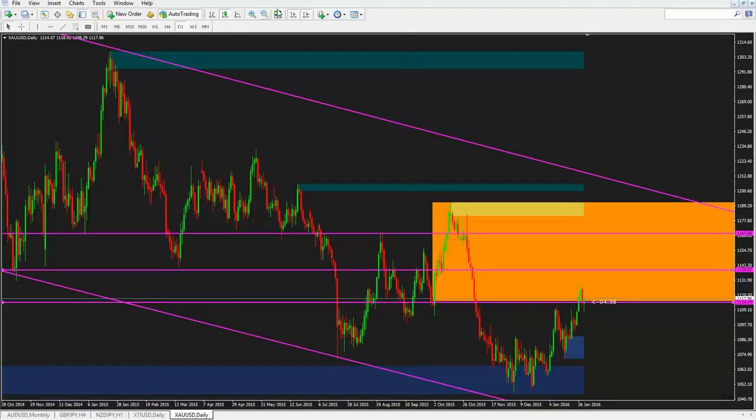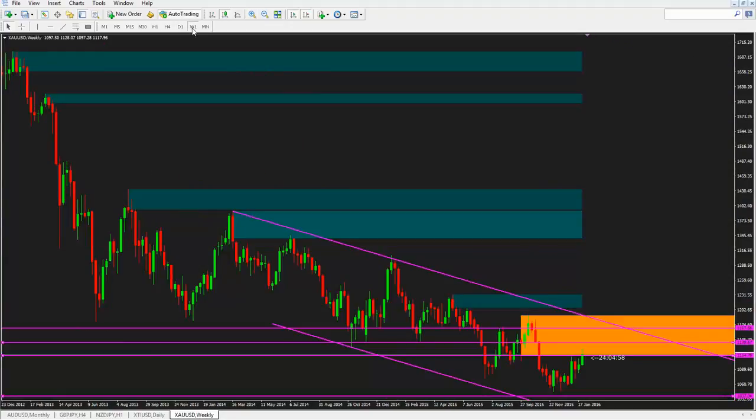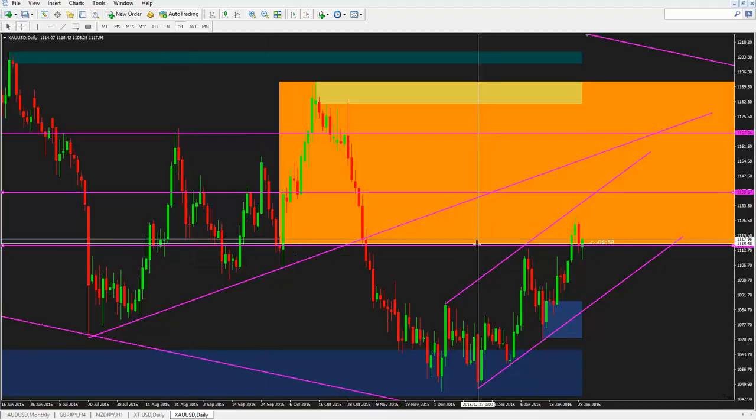Looking at how the week ended last week, let's go back to weekly. It was fairly bullish into the end of the week. Let's draw a trend line. I did actually have this all mapped out, but for some reason it disappeared. Anyway, it's good to do this on the fly. So you can see that we are kind of on support at the moment